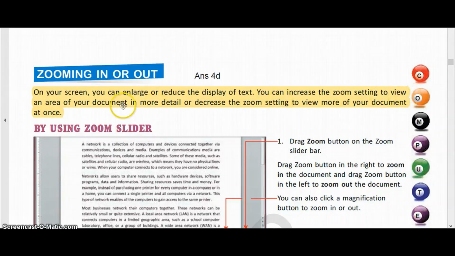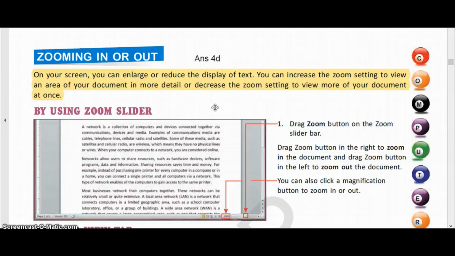So zoom in means you are increasing the size of the document for viewing only. It will not change the size of your document, but you will view it in a larger size. And decreasing the zoom means you are viewing more of the document at once.